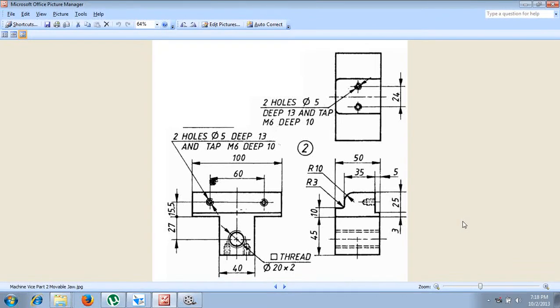Now let me teach you how to do the second part of a machine vice, that is called the movable jaw. Here, let us forget about this portion, whatever the shape is there, because this is having a different thickness. Now the height is given as 45 mm and the width is given as 50 mm for a thickness of 40 mm. Normally you have seen top, front and side views, but here front view, side view and the